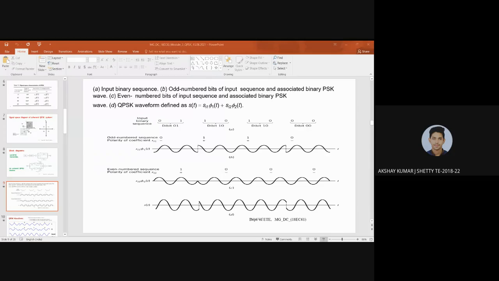The indexing 1 to 8: 1, 3, 5, 7 is the odd numbered sequence, and 2, 4, 6, 8 are the even numbered binary data. Initially we take the odd numbered sequence and multiply it with the cos signal so that we have a coherent